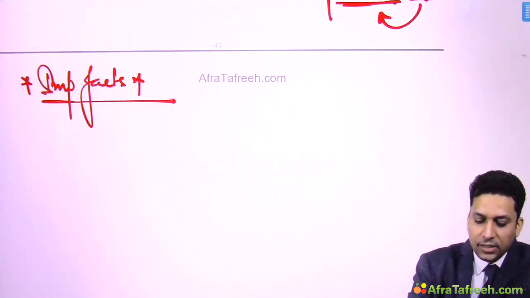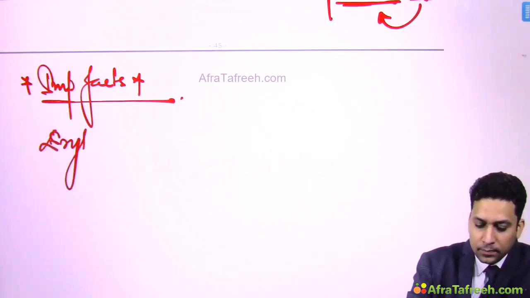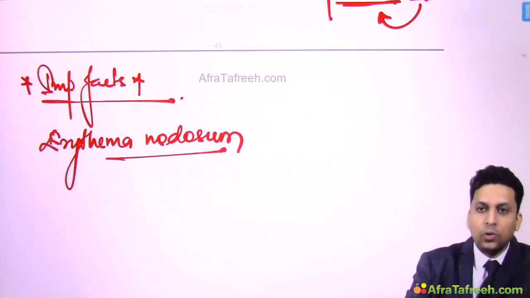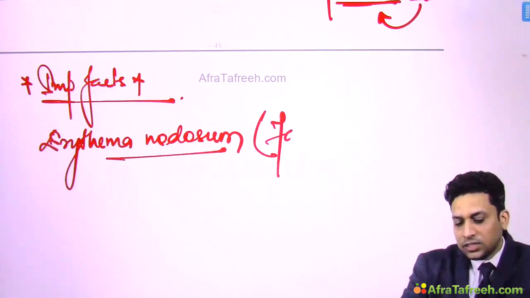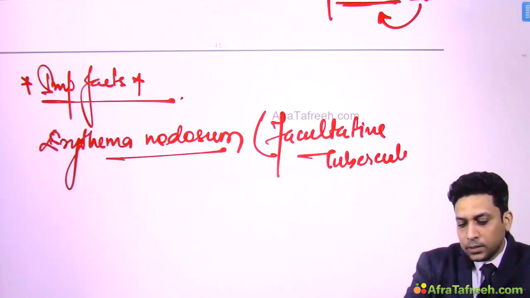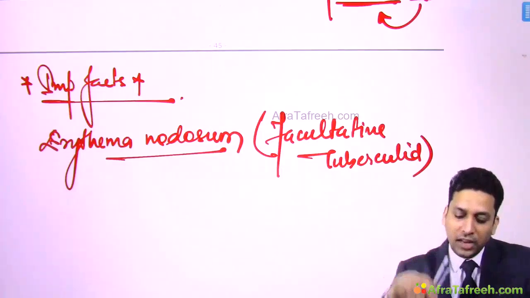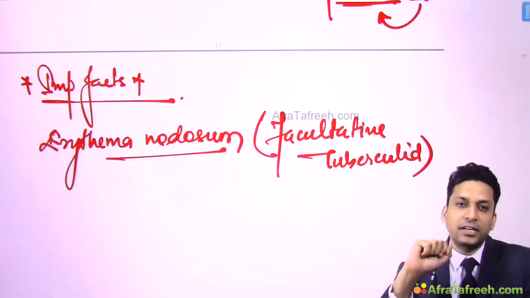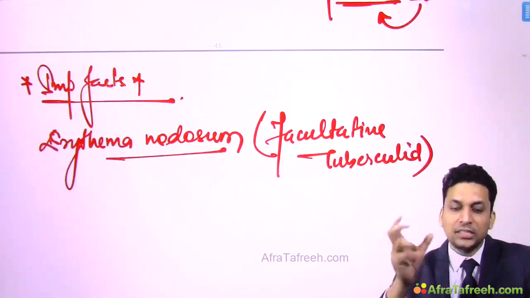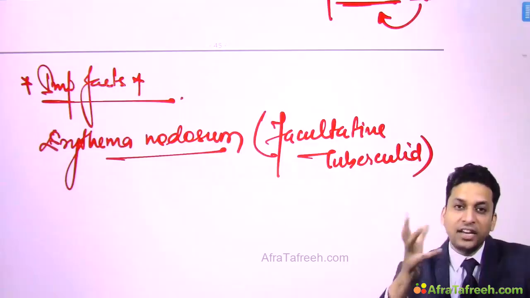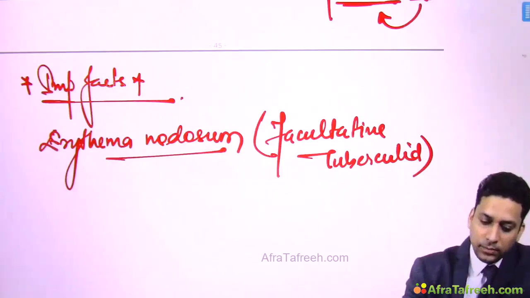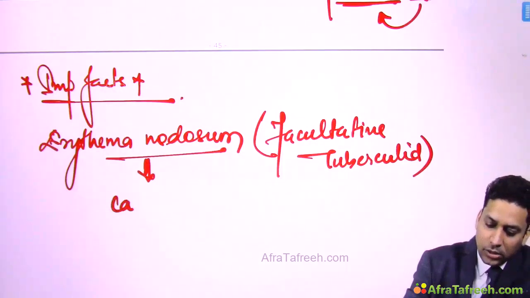Now remember a few important facts here, like erythema nodosum. Erythema nodosum is also known as a facultative tuberculid. See, these three which we have discussed are true tuberculids, while this is facultative. Do you know the meaning of the term facultative? Like you might have read about facultative anaerobes. They are aerobes, sometimes act as anaerobes. Similarly, this is a facultative tuberculid. There are various other causes, but sometimes it is due to mycobacterial hypersensitivity also. So erythema nodosum has many causes,